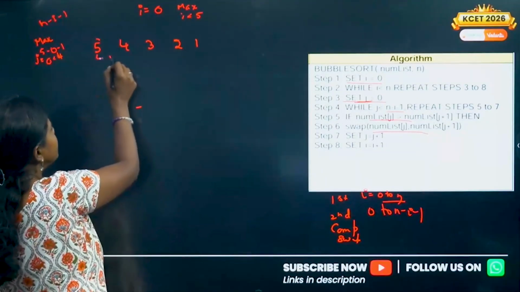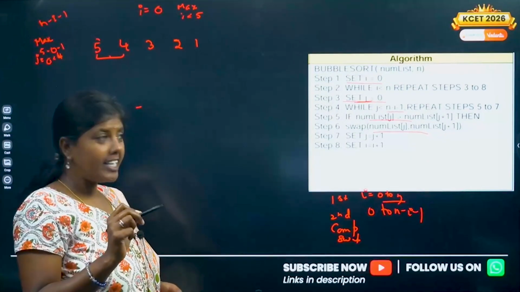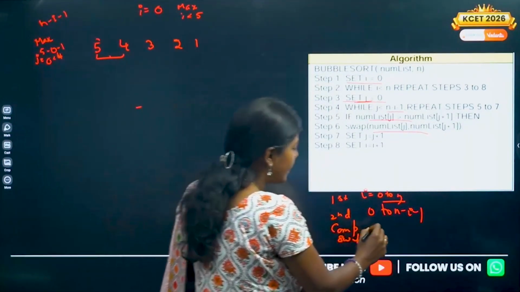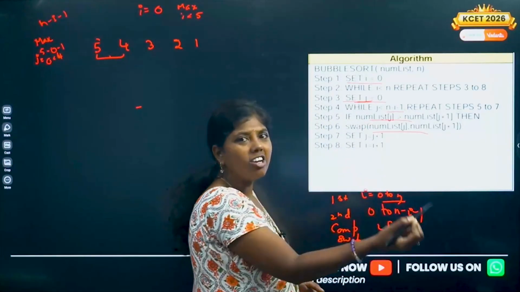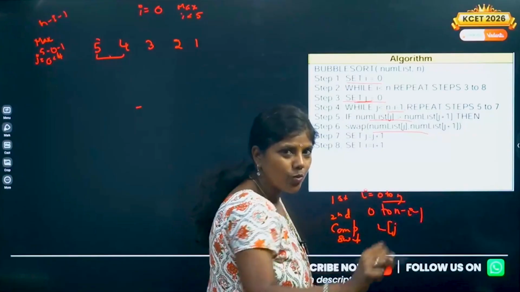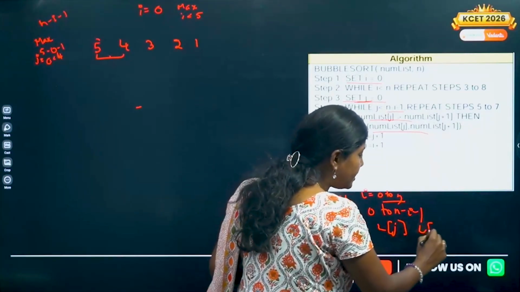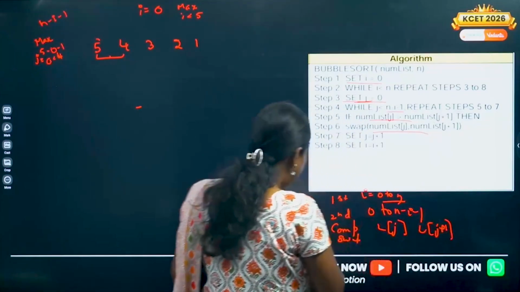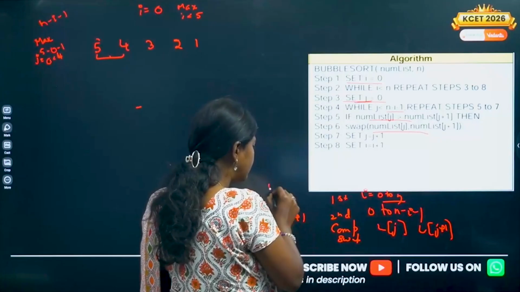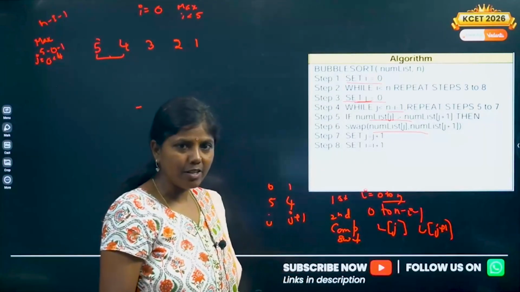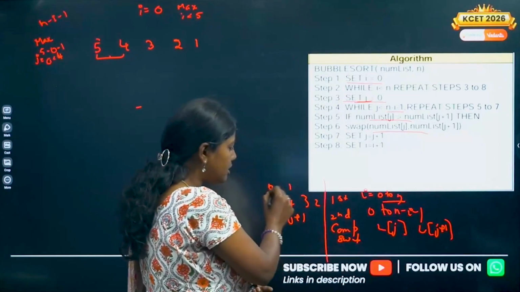Okay, I'll compare these two elements. After comparing, you have to compare L of J. Num list or L or list is one and the same variable, you can take list also. L of J is compared with L of J plus 1. 5 and 4 are there. This is going to be my j, and this is going to be j plus 1. The index is 0, and this is 1. For the time being, I'm just taking only 2 elements; it can be multiple elements also.